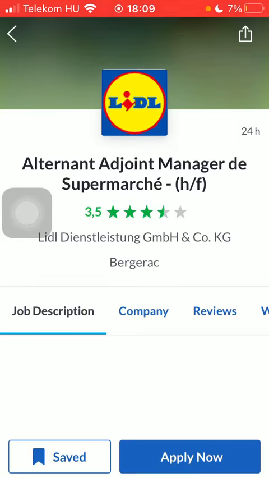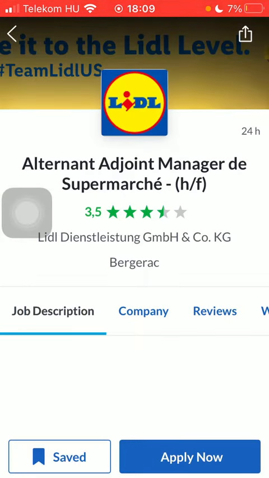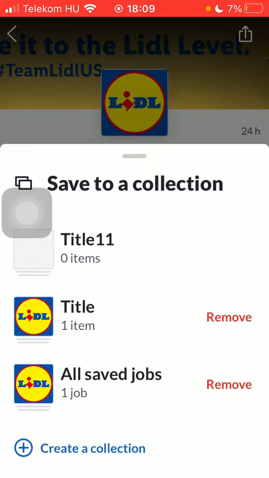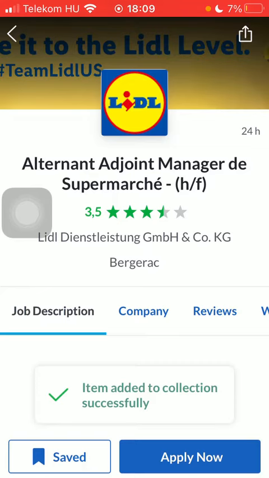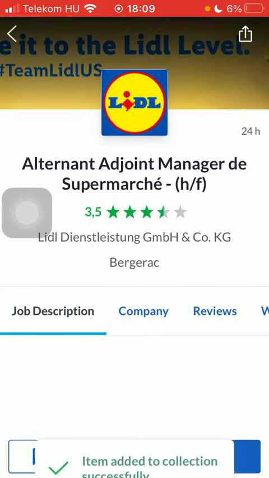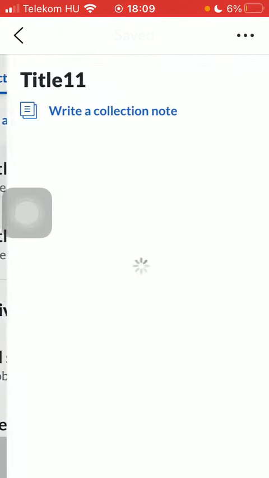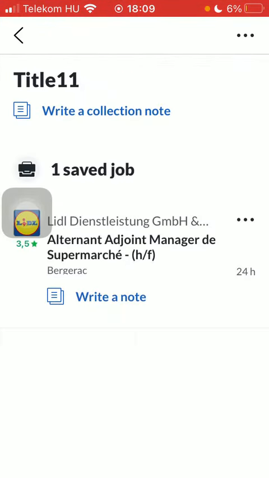As you click on it, you will be able to check out that the item appears in the section. You can add notes to it by clicking on the write a note button, and you can also easily get rid of this item by clicking on the more icon and tap on the remove